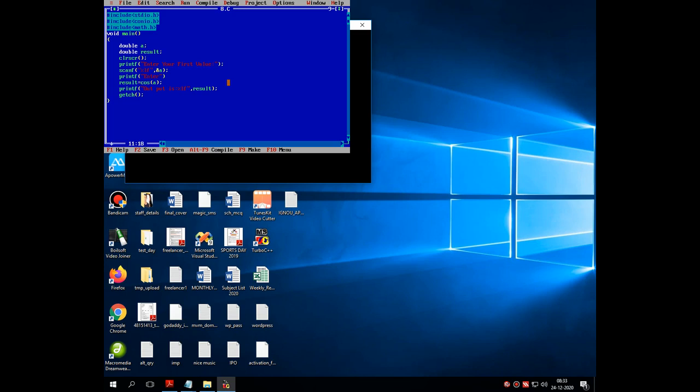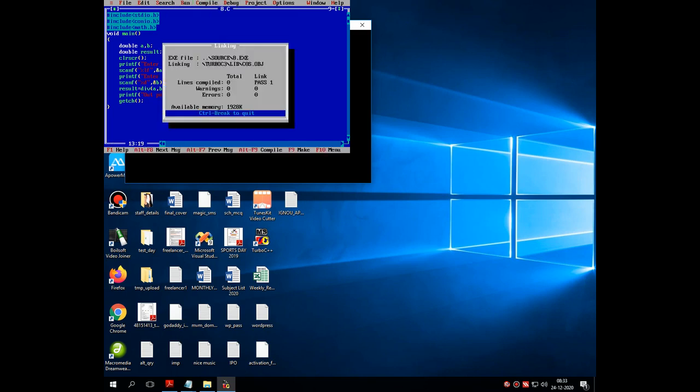Enter your second value, then scanf %d comma %d is my second value. Let me declare this particular variable called b. Then into the div function I am passing a comma b. Let's execute the code.